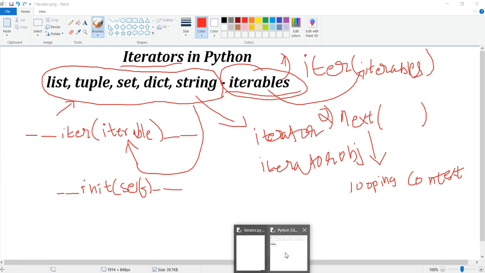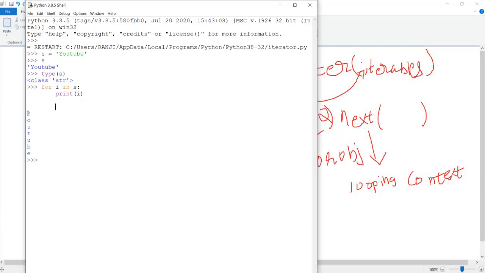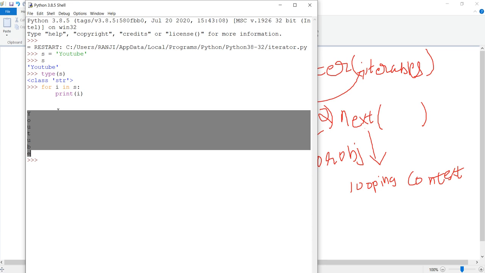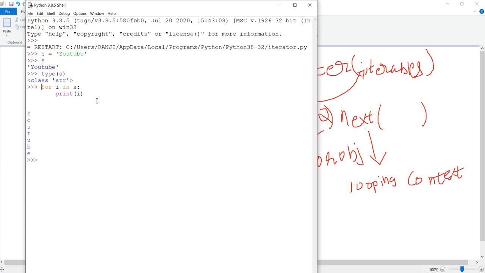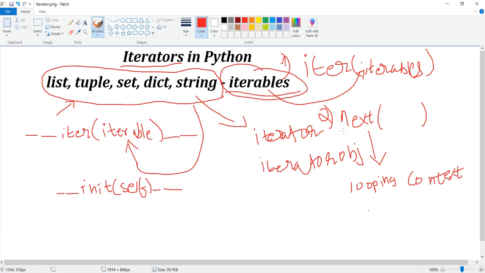What we saw on the shell, printing these elements, happened because the string data structure supported looping, that is the for loop. It is because of this next method that it is able to print these elements one by one, in the looping context.